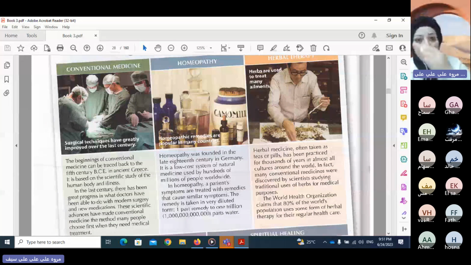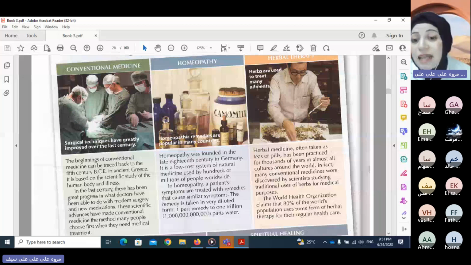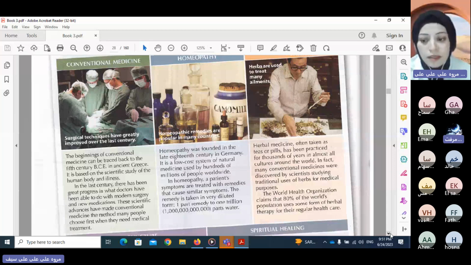So look at this word, the word ailments here under the title. What does it read? Another word, a synonym for it. So herbs are used to treat, to cure, يعني, or heal many ailments. Ailments, what does it mean? Illness or diseases. It's very easy by the way. Excellent. Minor, you see, minor illness, not serious, not an emergency, not a serious kind of sickness or disease. Very good. Excellent.